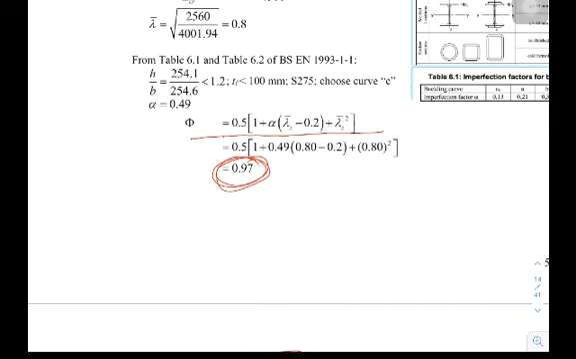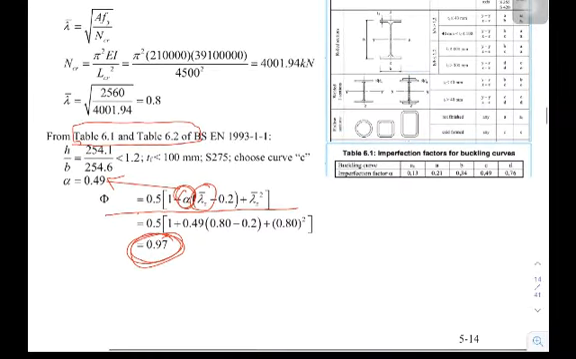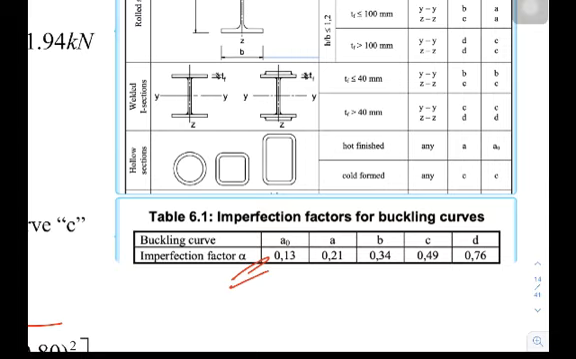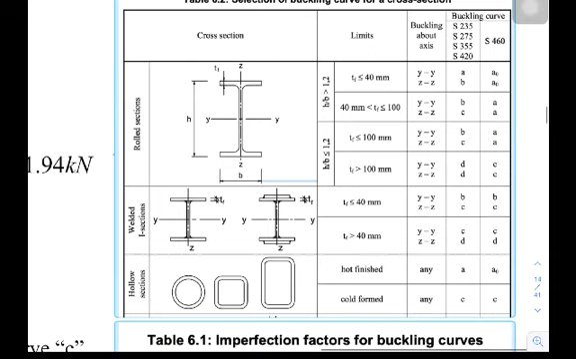before getting this value 0.97, you need to calculate two things here. You need to calculate the lambda and also alpha, and alpha, that value 0.49, where does this alpha come from? It comes from table 6.1 and 6.2, which is here, right? So before getting the value of alpha, we need to know the buckling curve. Now the buckling curve comes from table 6.2, and you need to know